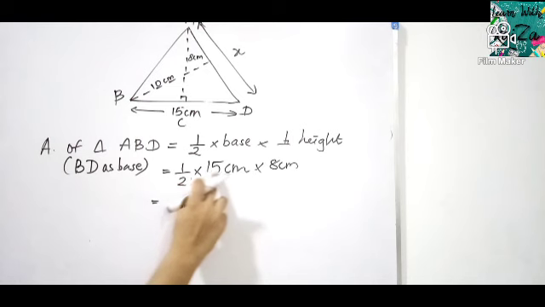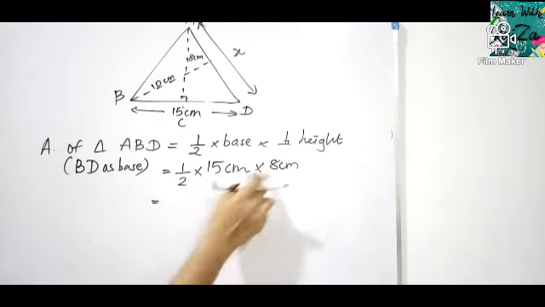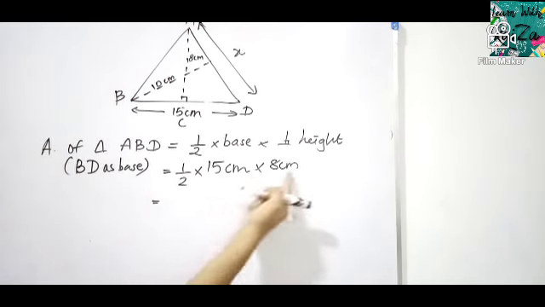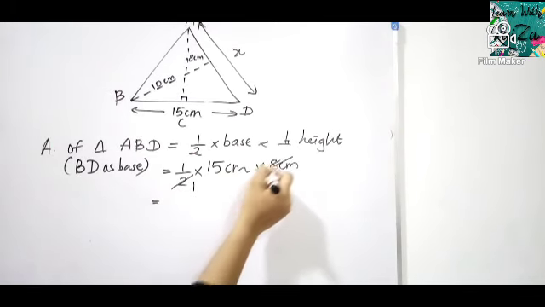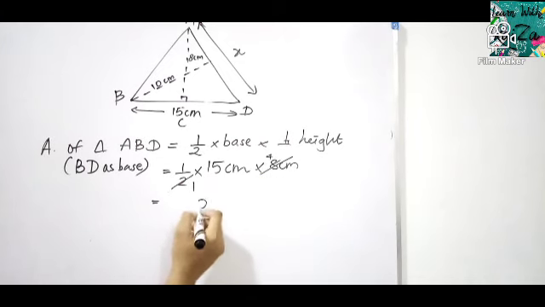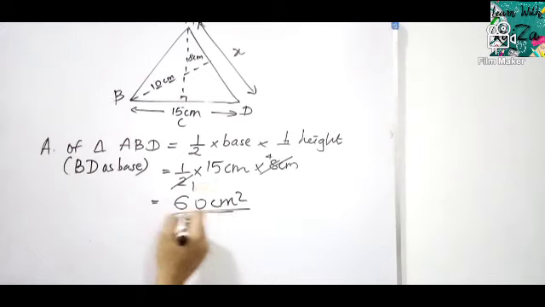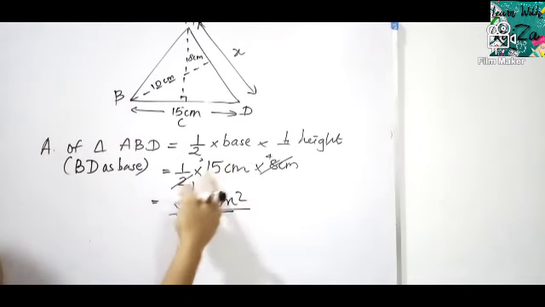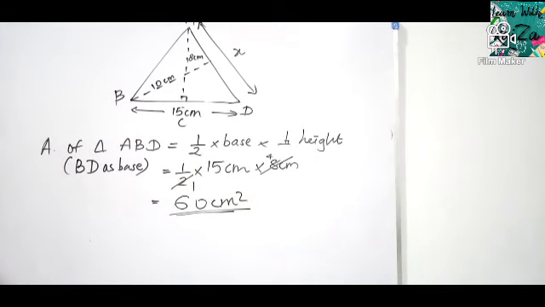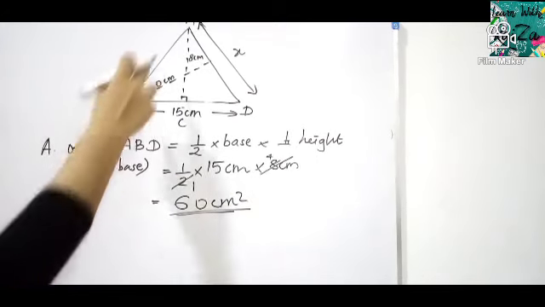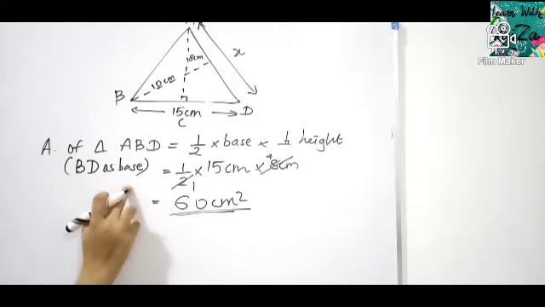So now you all are grade 8s. Don't go to multiply and then divide. Learn to cancel off. Can you cancel any upper number by 2? Yes. 2 times 1 is 2. 2 times what gives us 8? 4. 15 times 4 is 60 square centimeter. How did I do that? 4 times 5 is 20, 0 comes here, 2 goes here. 4 times 1 is 4, 4 plus 2 is 6. So 60. Now I found the area of the triangle ABD with BD as the base.